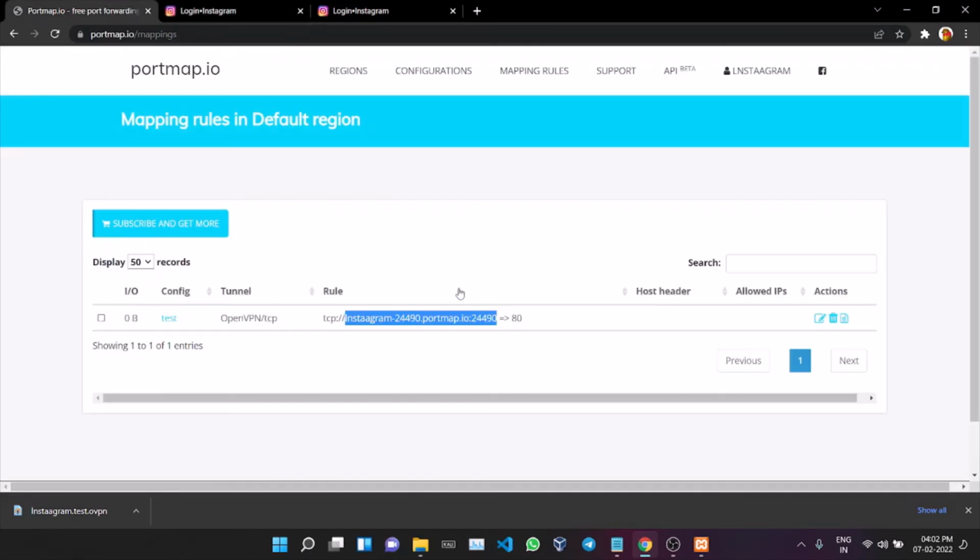My URL has not changed this time. So this was the main issue with static and dynamic IPs, that now we have a static address. This address won't change unless I delete it manually from here. So now we can embed this in our payload and make our payload send the request to this URL, which will later be forwarded by port map to our computer's port 80, or we can define any port here. So now let me show you a demonstration of something else.